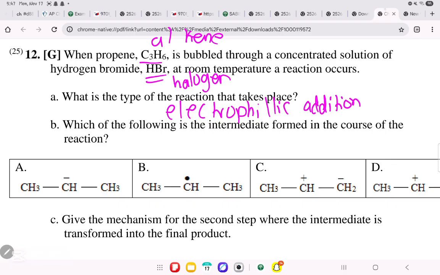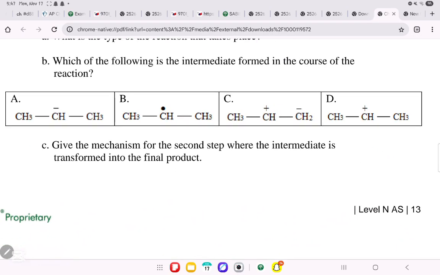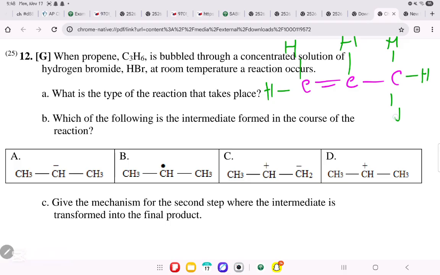We'll move on to part B. Which of the following is the intermediate formed in the course of this reaction? Okay, so what did they say? They said C3H6. So that means we have C, can have the double bond over here, single bond over here, and then we have H6. So 1, 2, 3, 4, 5, and 6. So it's like this. H, and H. Then what happens? Then we have